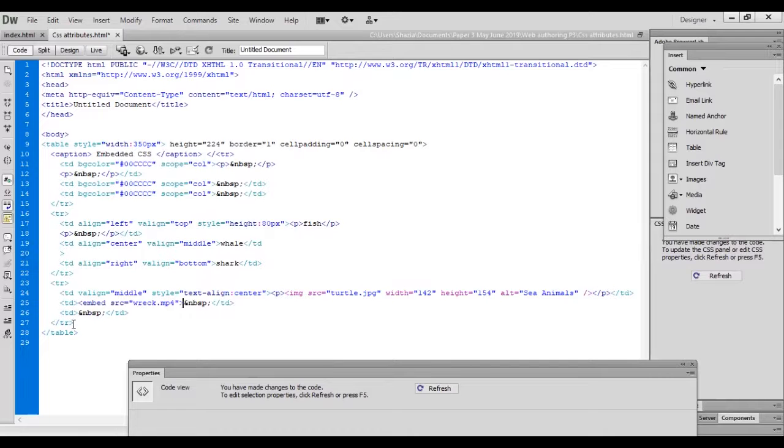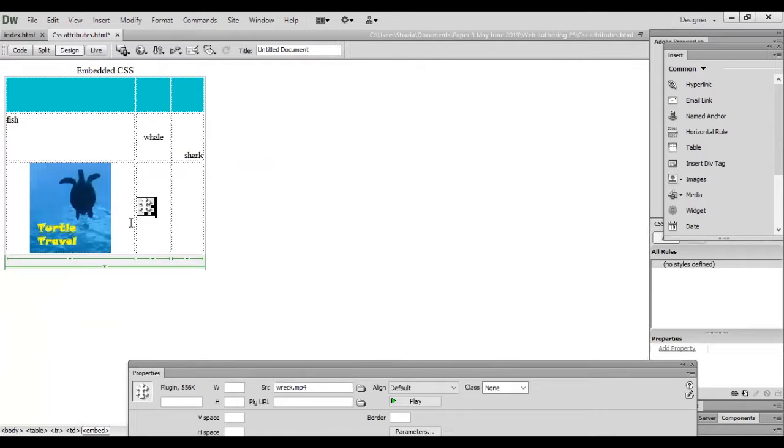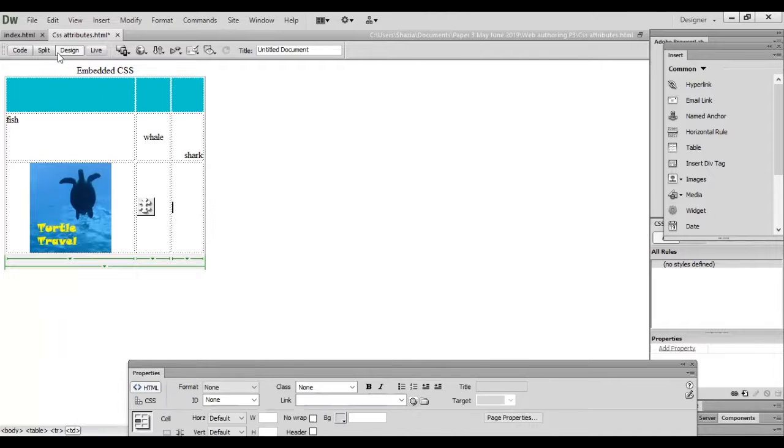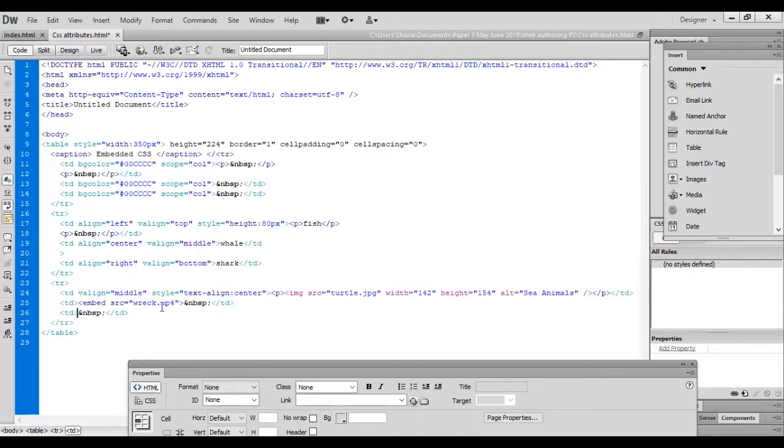In my second cell, if you go and see, I have inserted a movie. Now insert audio in it, then we will view the page of this website.